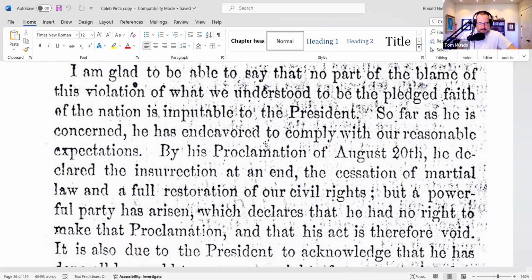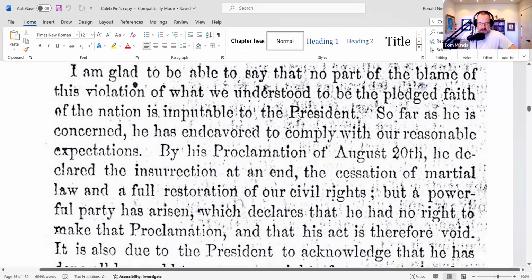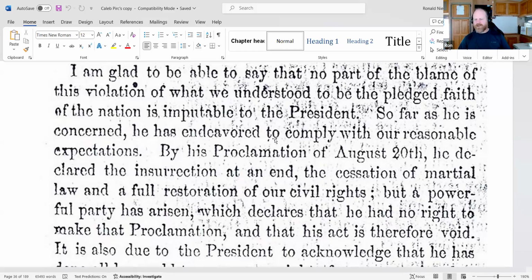Isn't that interesting? Wow. They basically made the entire United States a vassal state arrangement. The southern states were under military occupation. The military report says as soon as they were considered under military occupation, they were territorial. That means they were added to the land program, and they were going to be disposed of according to the land program. What was the land program at this time? It was a vassal state program.